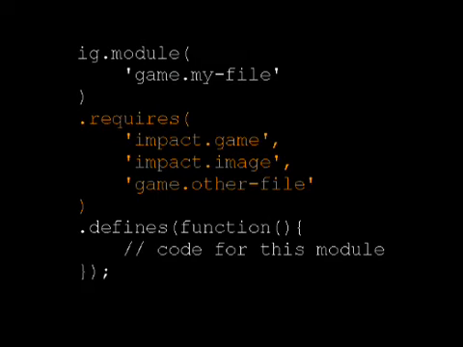So in this case, all the code lives inside of lib, and for the game, lib impact game is the actual name of that class. So that module will load up. Your code lives inside of the lib folder under game, and then you can load in your own custom game logic. And the last part is this defines block.